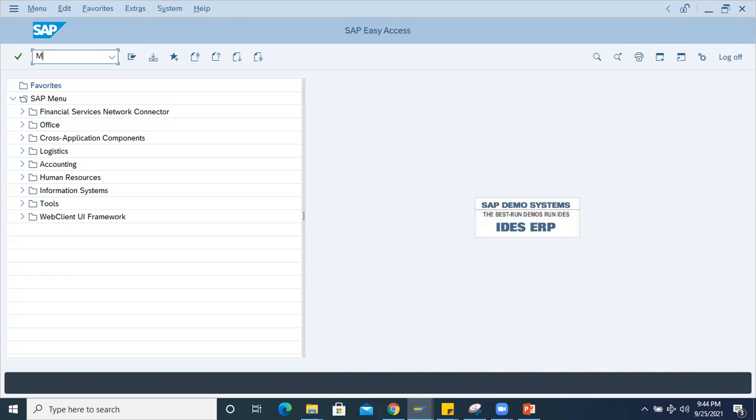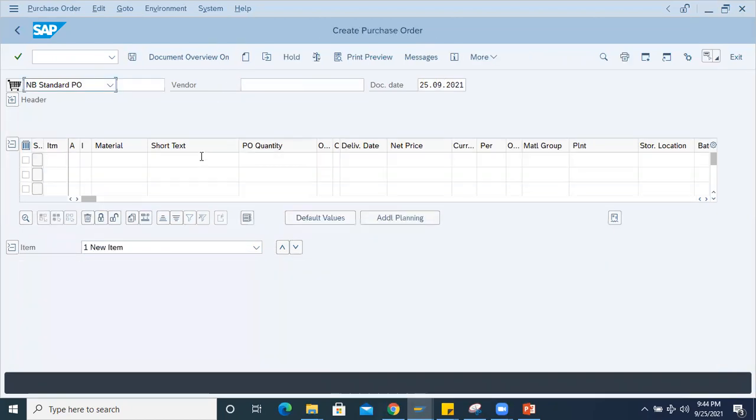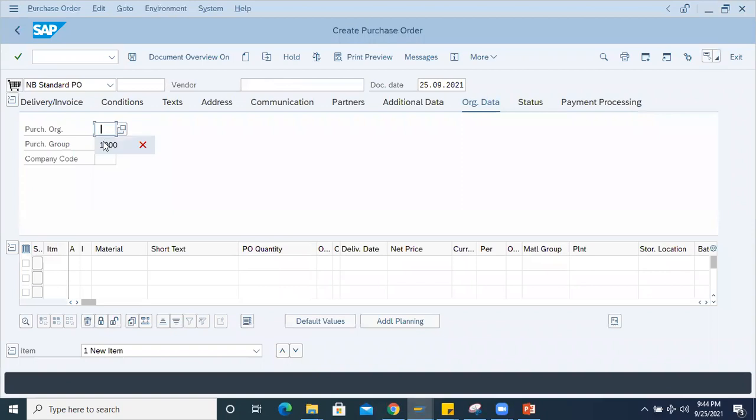So what she'll do, she may directly go to creation of PO through ME21N, and here she'll create the PO by using some of the standard values. These values are defaulted for the particular business process, like if she is going to purchase from this purchasing group, purchasing org, and company code. And I'm using some vendor here.